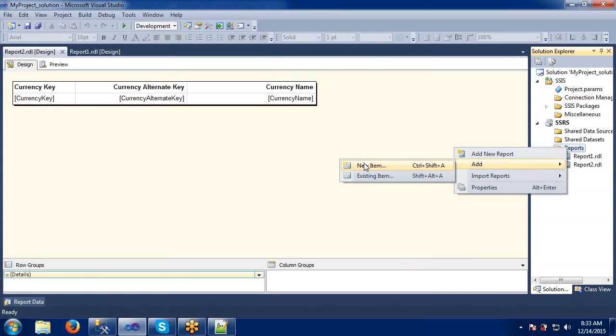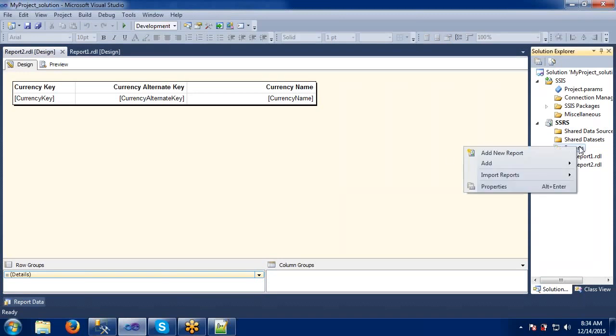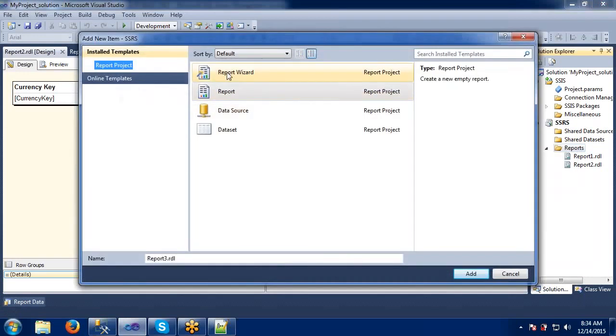There is no difference between the wizard and the normal report, but it is not recommended to follow the wizard. Okay. We have very few options in the wizard actually. We can build only a table or a matrix. When we come to this manual report design, we have so many options here. If you come here, this is the wizard option, this is the report option.